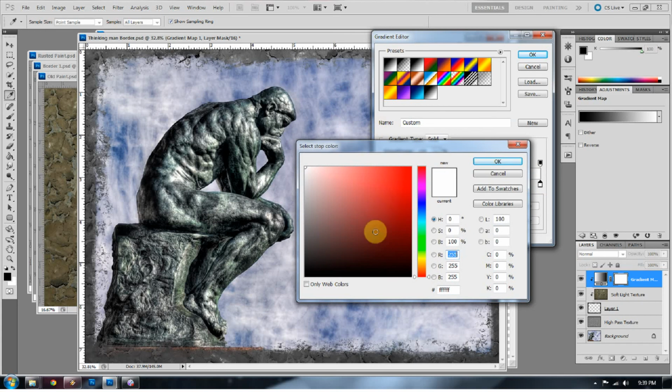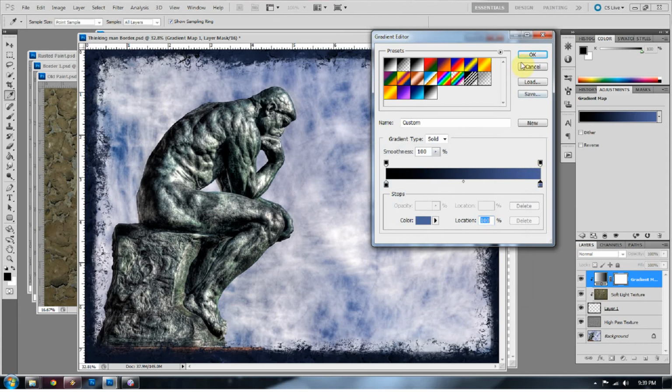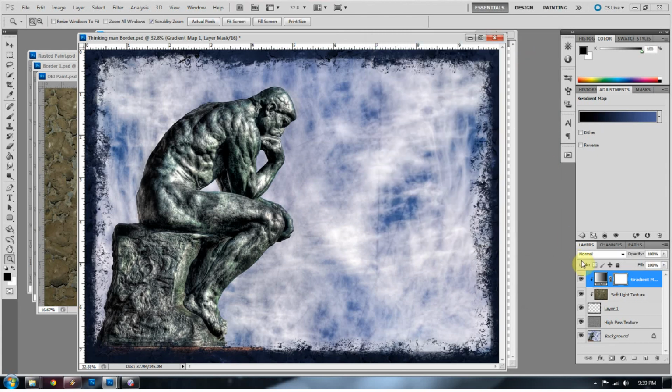And my color picker is not working for some reason. That's pretty odd. Okay, let's just make it a blue color. For some reason my color picker is not working. Oh, there we go. Alright,